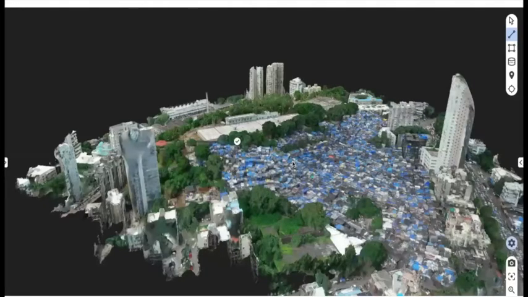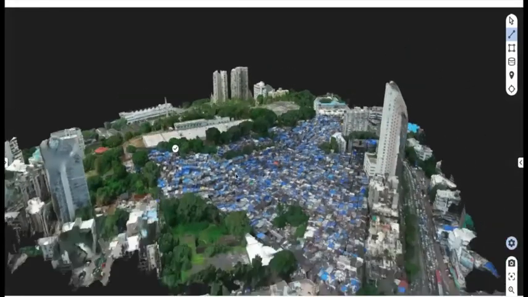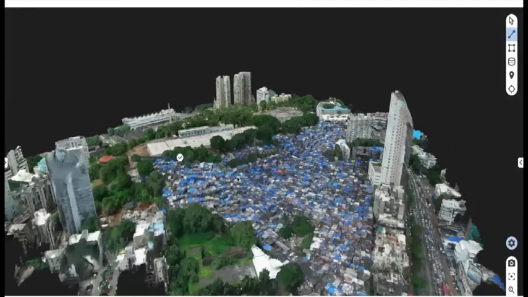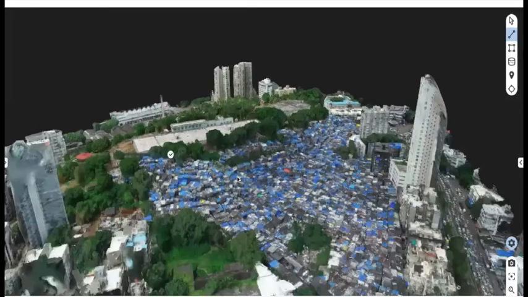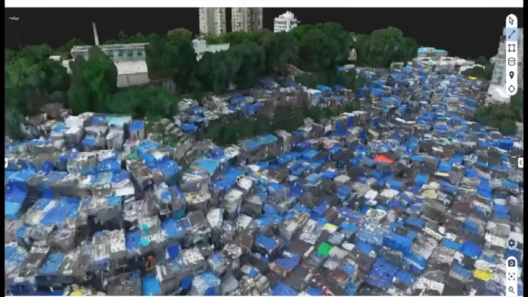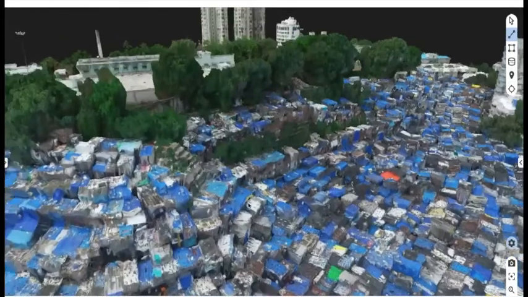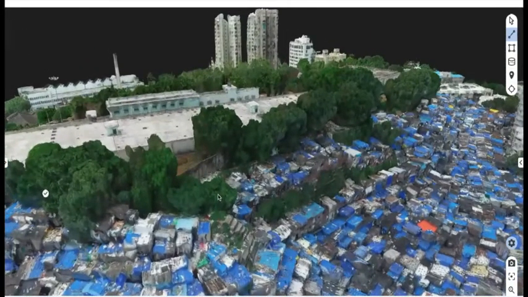Right. So this is not only the deliverables. In addition to this, we also provide a 3D model. This 3D model is the first result which comes to us. If you see this 3D model, we have entire control over it. We can zoom, we can change the angle, and we can look at a particular asset in the area under survey.